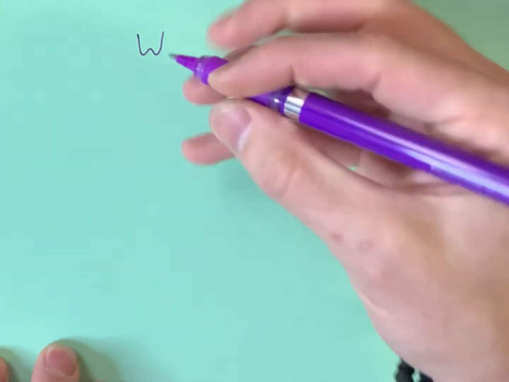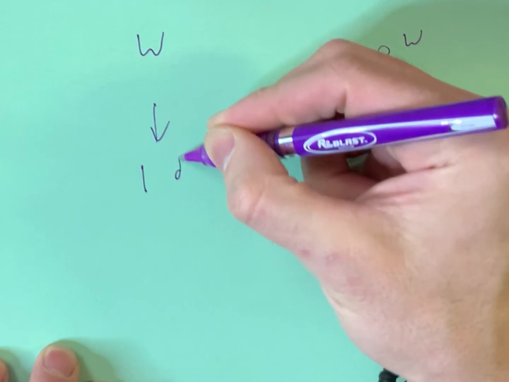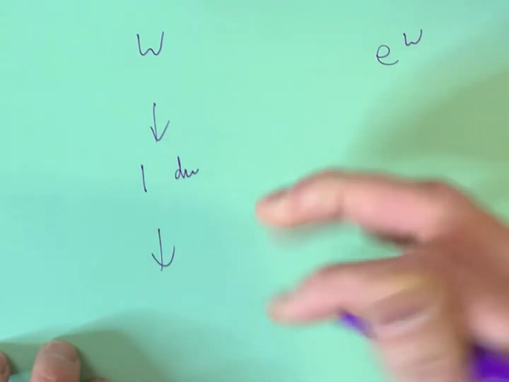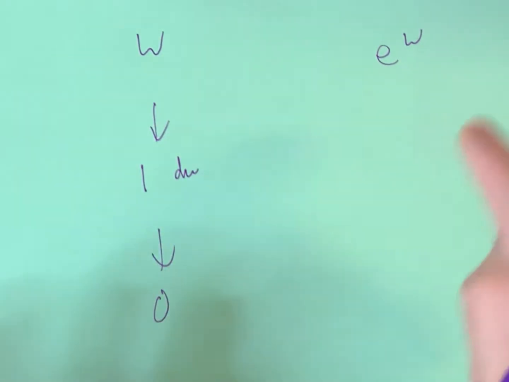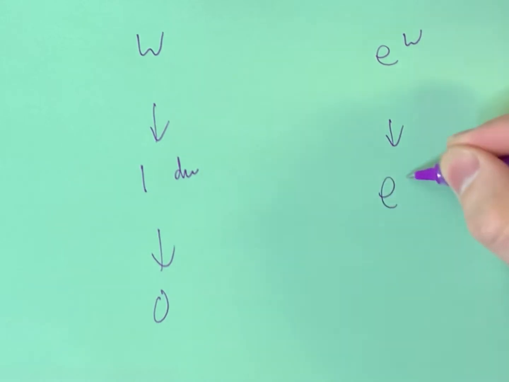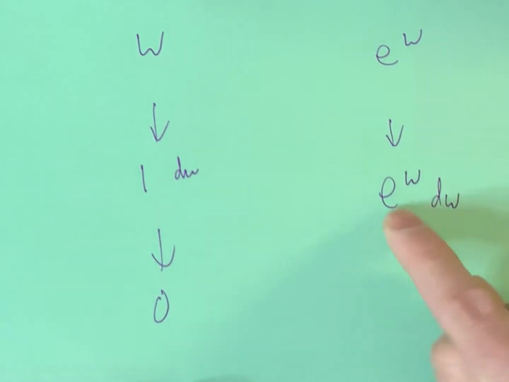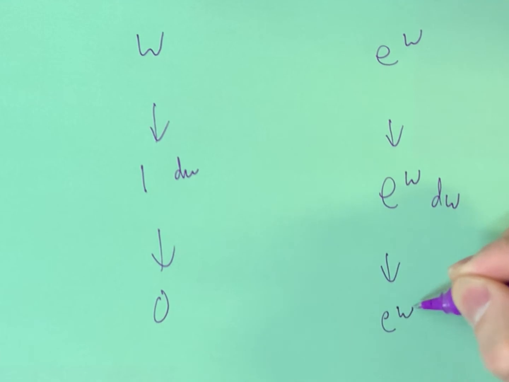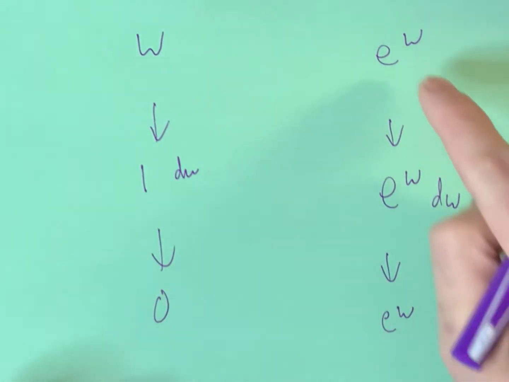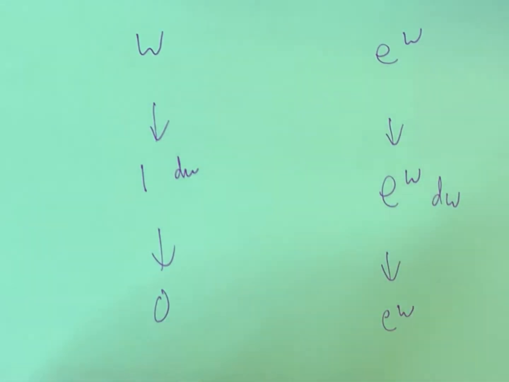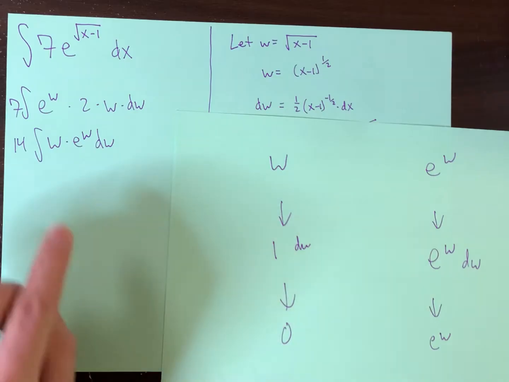Now, let's consider derivatives. The derivative of w would be like 1 dw. And then the derivative of 1 would be 0. So it sort of dies, right? Now, what about the derivative of e to the w? The derivative of e to the w is e to the w. But then the derivative of e to the w is itself. It just goes back and forth all day. So sometimes one of the functions expires or dies out, and the other one just goes back and forth all day. So the one that sort of dies out, in this case w,